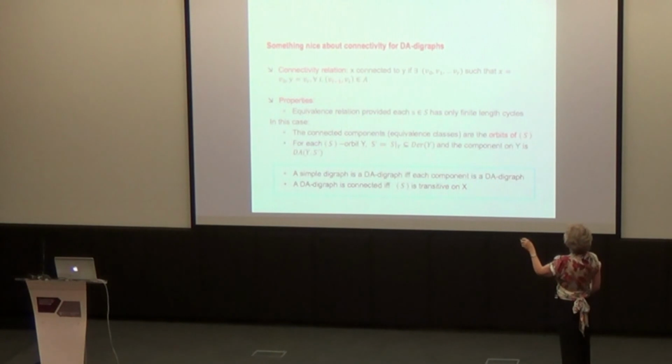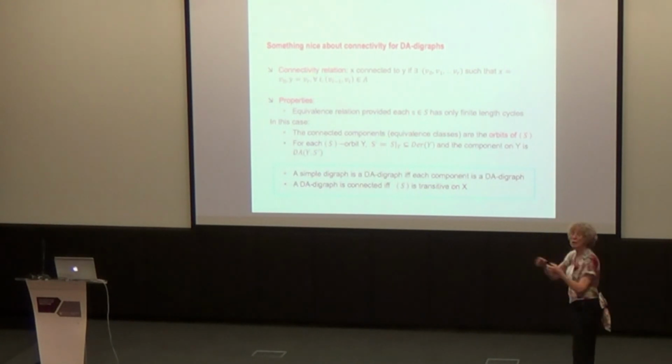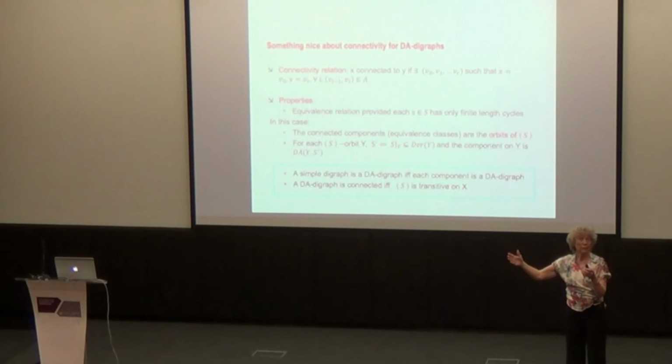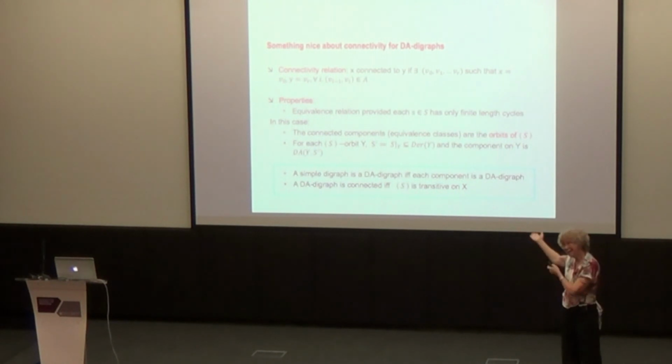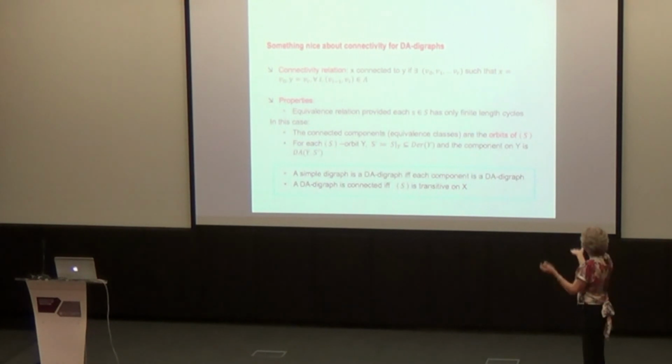This connectivity relation is an equivalence relation in all finite digraphs, and also in every derangement action digraph, provided that the permutations in capital S, the derangements, have only finite cycles. So I can't deal with it. This is not an equivalence relation if I've got an infinite cycle. So this does apply to